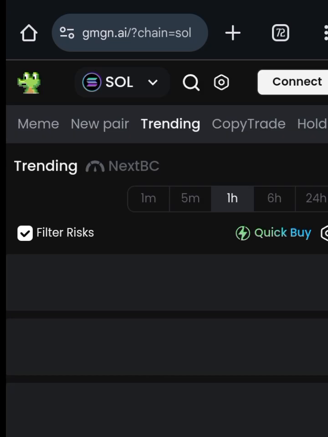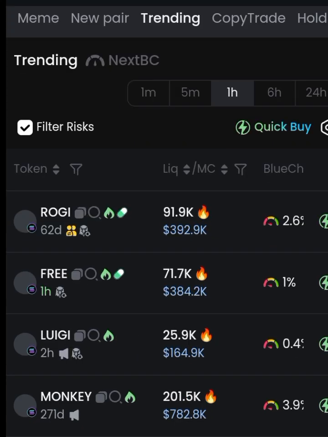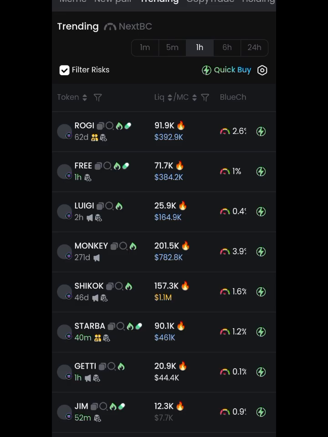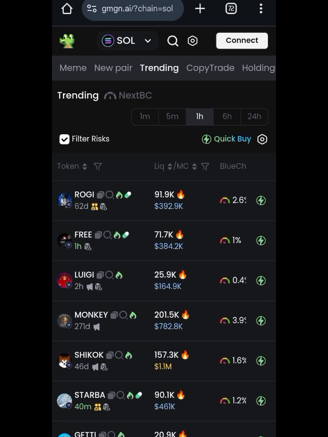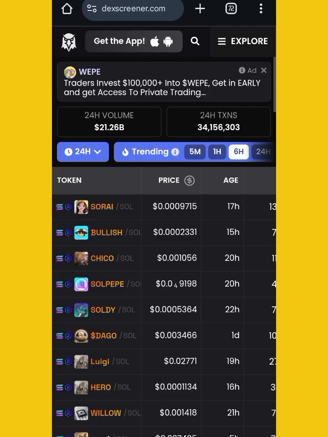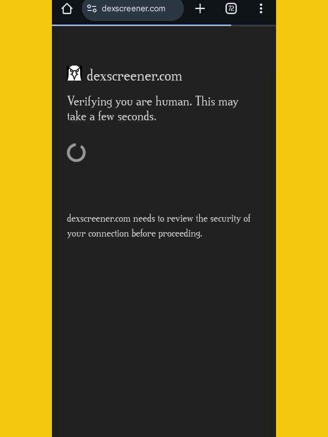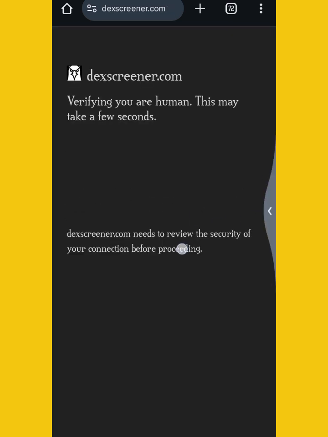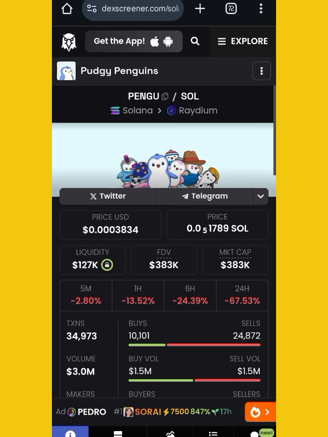These are websites where you can find different types of meme coins you can trade. You can use either one, whichever you prefer, they are all the same. Once you get to the website, if you already have an update that someone sent you, you can search for it. But if you don't, you can click any of the coins. So let's just use